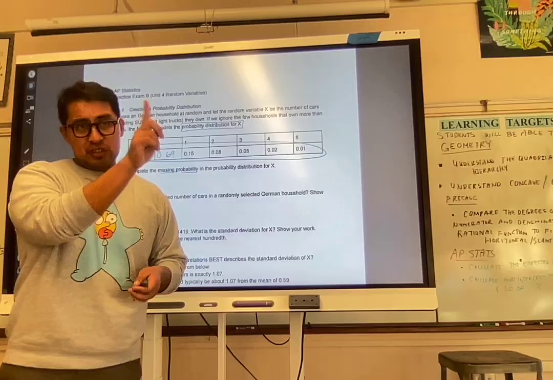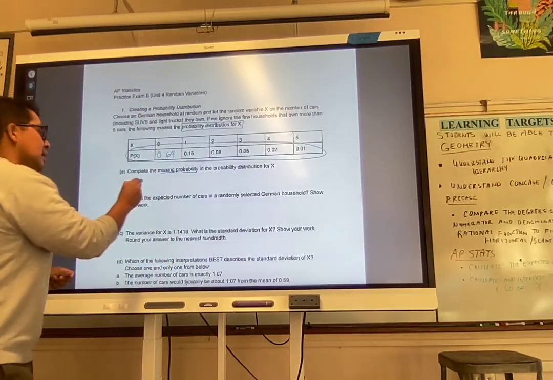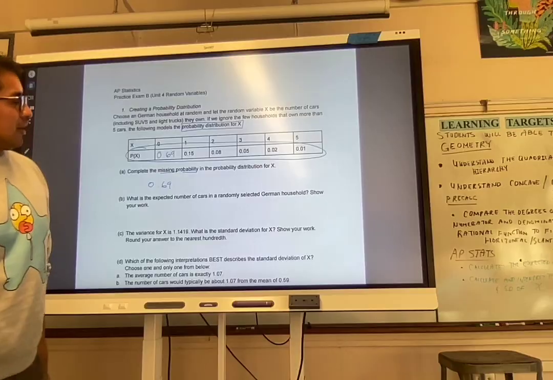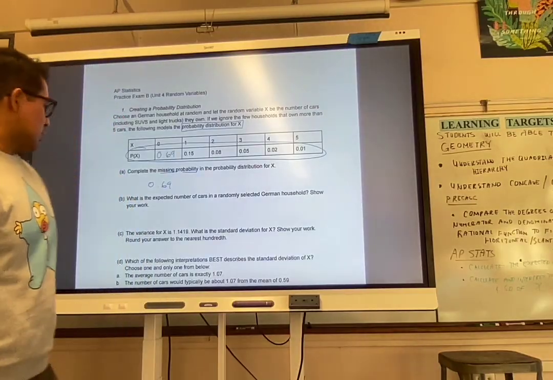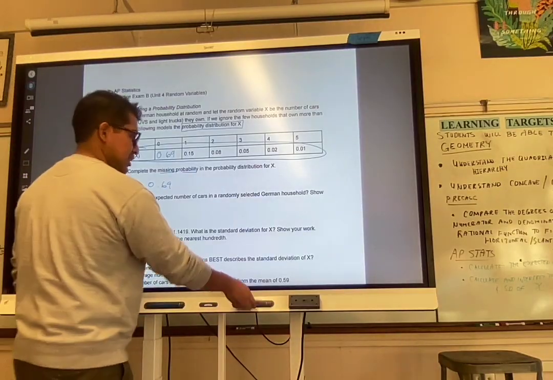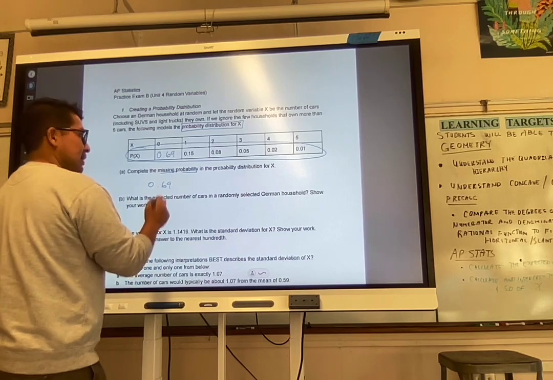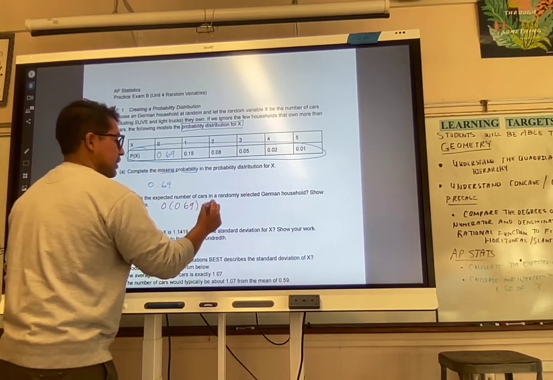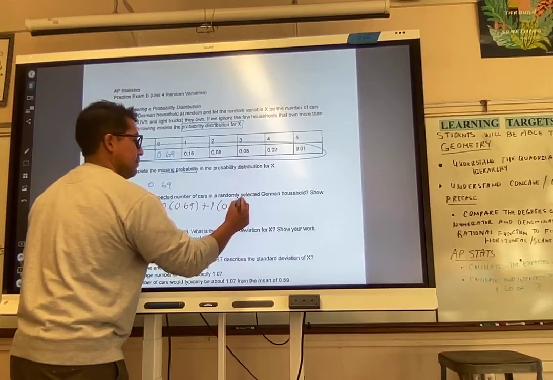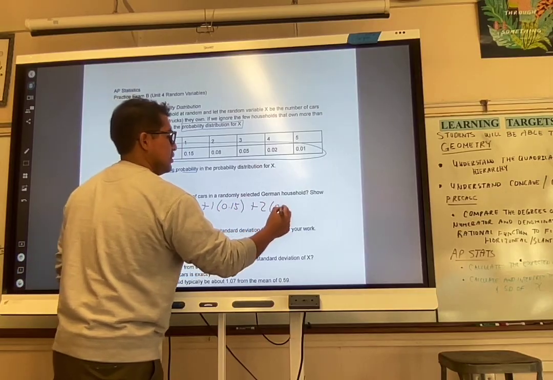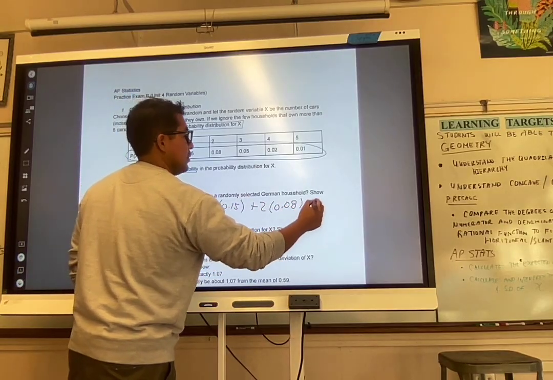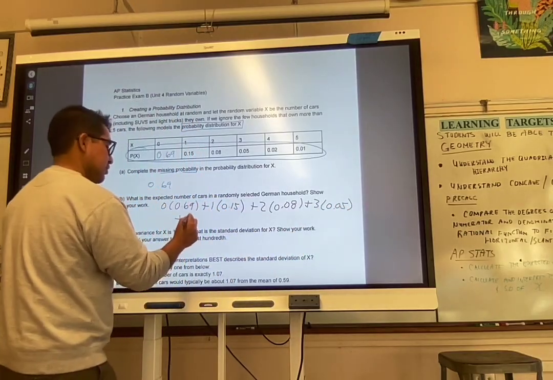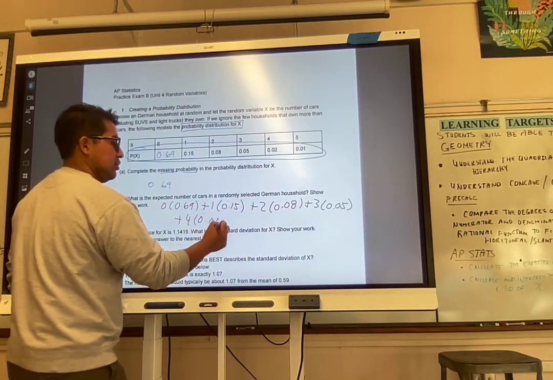Okay, so the probabilities always add up to 1. Next, the 0.69 needs to go there. What is the expected number of cars in a randomly selected German household? Show your work. So this is just expected value. To calculate that, we would multiply 0 times 0.69 plus 1 times 0.15 plus 2 times 0.08 plus 3 times 0.05 plus 4 times 0.02 plus